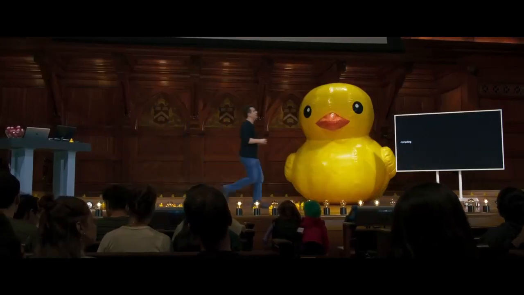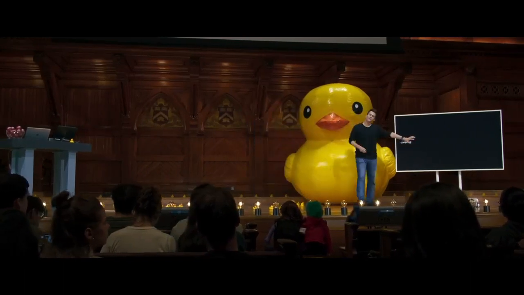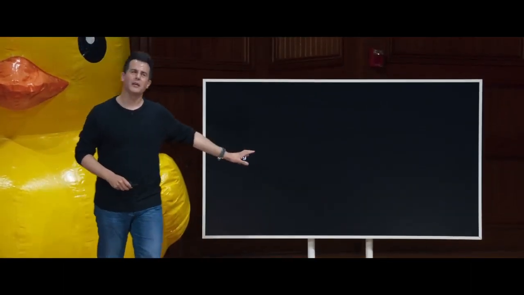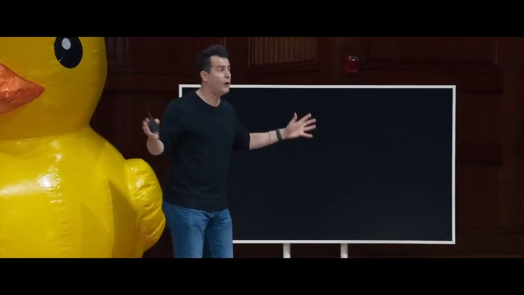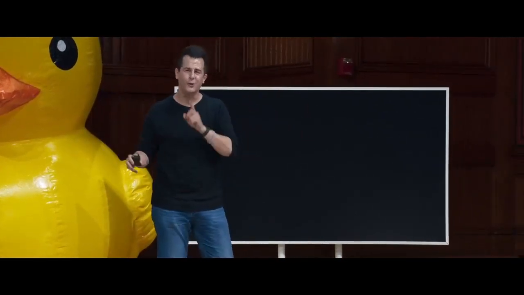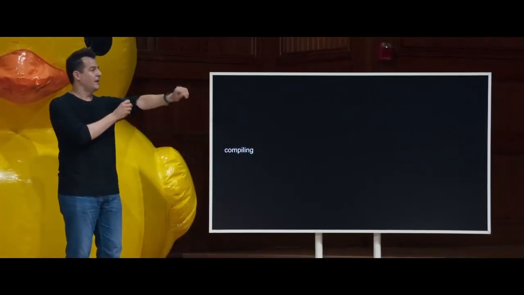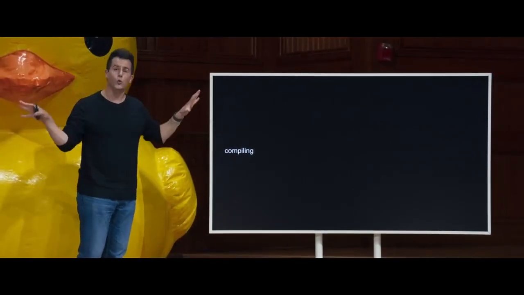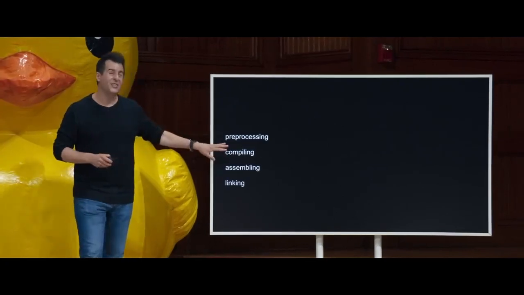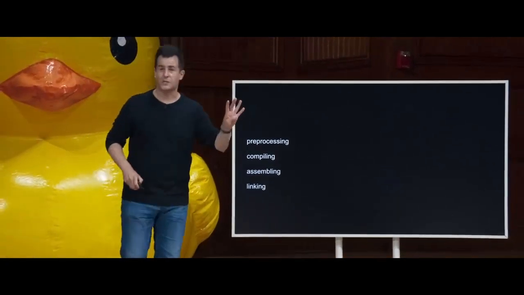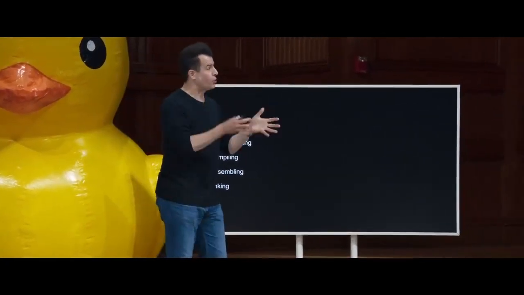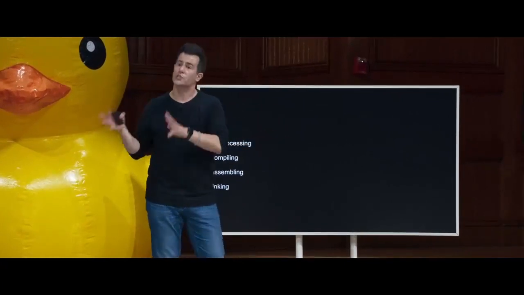So let me propose that compiling itself is not quite what we've described it to be. Compiling is like this catch-all phrase that apparently I claim goes from source code to machine code. But if we really want to get pedantic, which we'll do briefly, but this is not a sign of things to come because this too will be abstracted away, compiling is just one of 4 steps that are involved in turning source code that you and I write into those 0s and 1s.